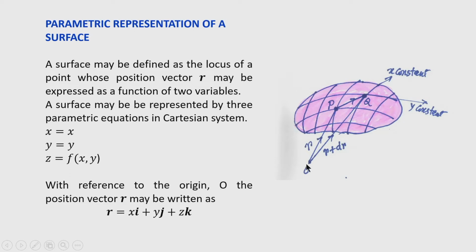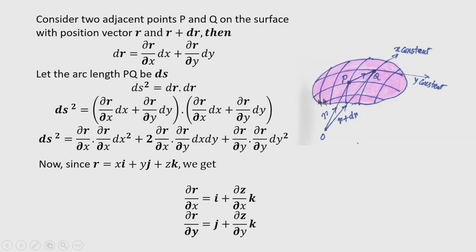So, we generally know that i, j, k are the unit vectors along the x, y and z axes. r is the vector directed from O to P, and the magnitude of r is nothing but the square root of x squared plus y squared plus z squared. So, the position vector of P can be represented by this vector r equal to x i plus y j plus z k.